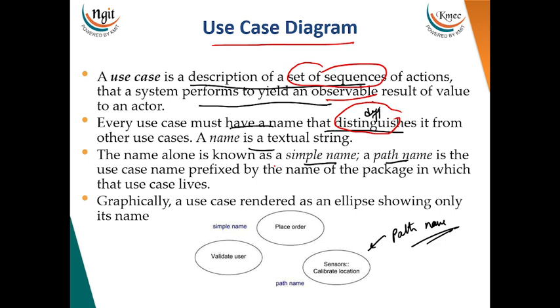Correct. A use case is something like a sequence of operations, a sequence of actions that it is going to perform. It should have a distinguished name, and it is represented with textual script. The name alone is known as a simple name, and we can also give a path name. The examples are below on the slides, graphically, like a simple use case and one with the path name. Correct. We are going to see more of what an actor is and everything